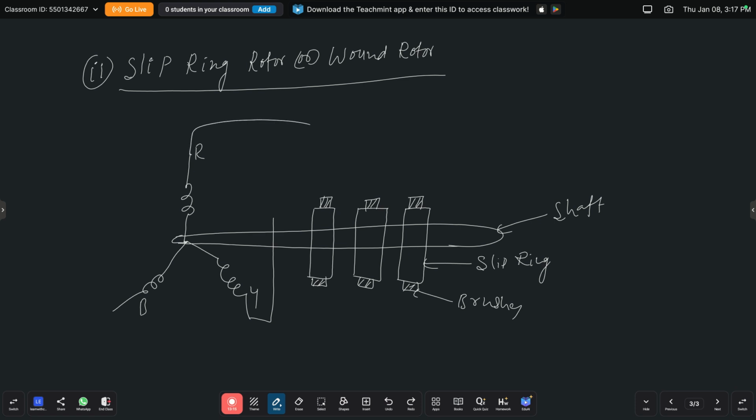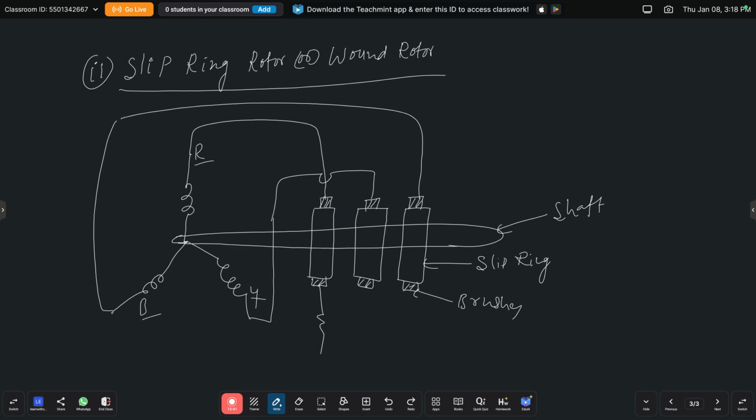Now this R phase is connected to the first slip ring. Y phase is connected to the second slip ring. Now B phase is connected to the third slip ring. Now these RYB,